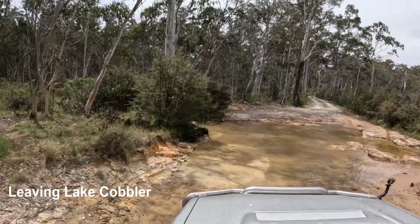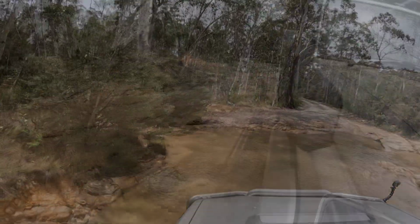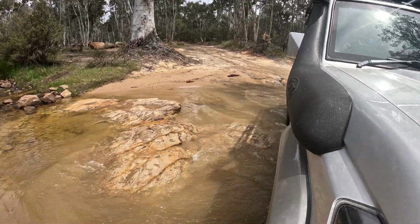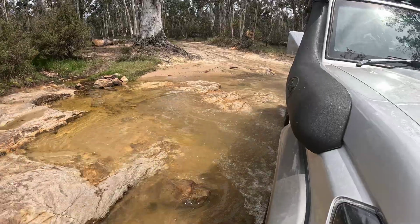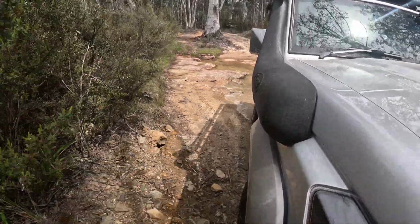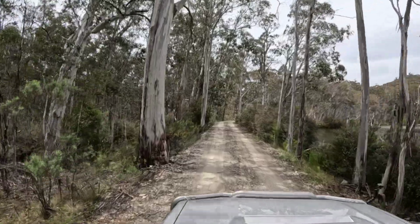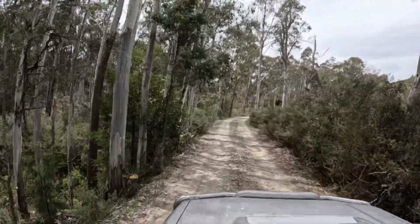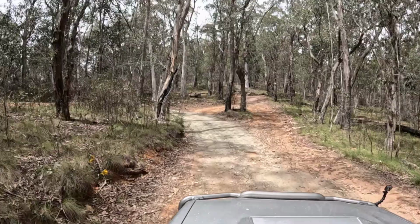So we're heading out on the track that goes from the hut back past the lake to rejoin the main Lake Cobbler Track. As I said on the way in, there's always a little bit of water here. It's never been terribly deep and never been a difficult crossing. Lake there just on the right. As you can see, this embankment is built up quite a bit,